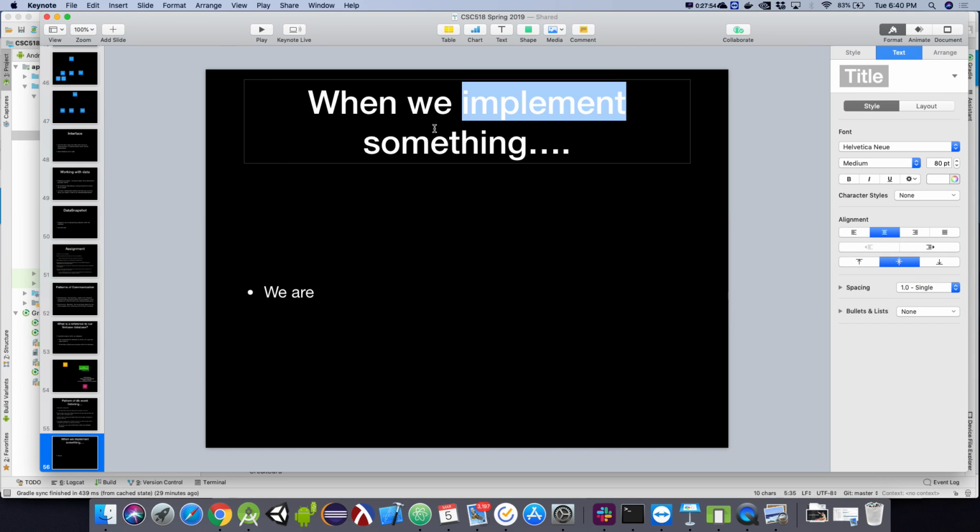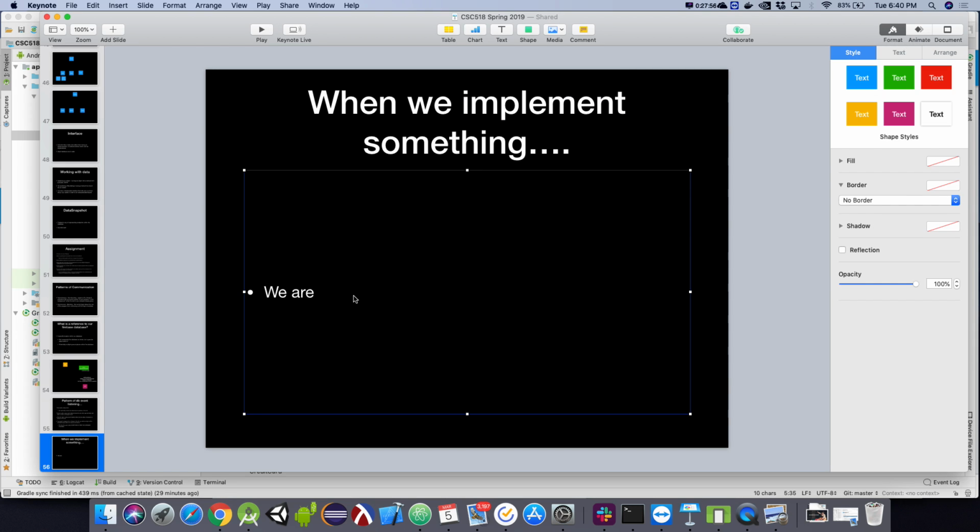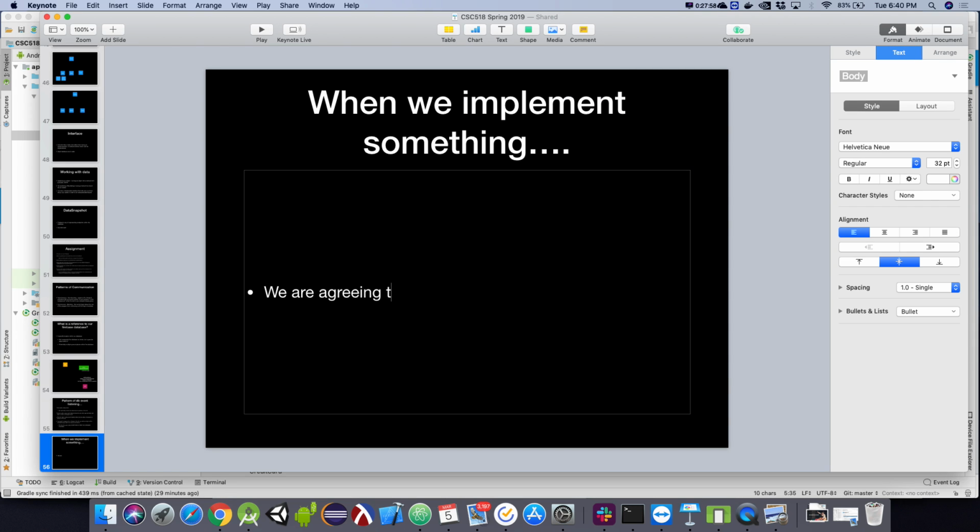What we're effectively doing is we are agreeing to follow the rules of an interface,